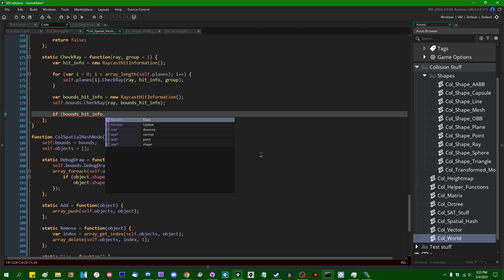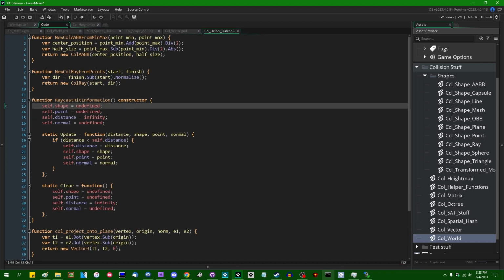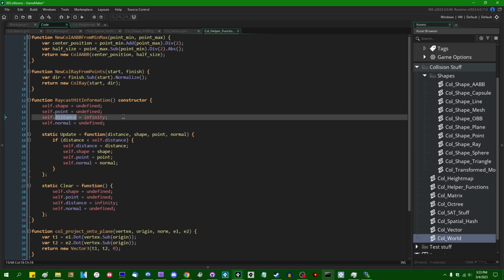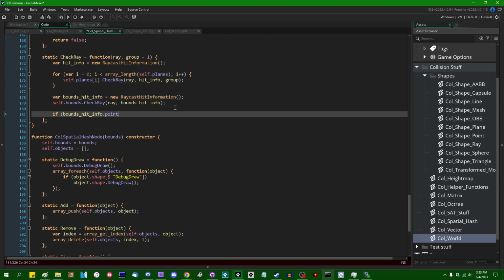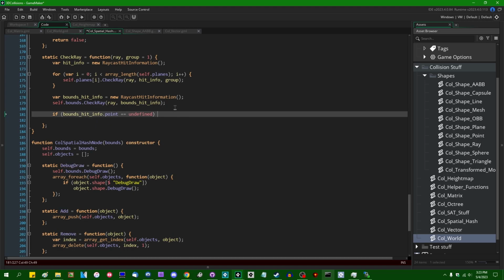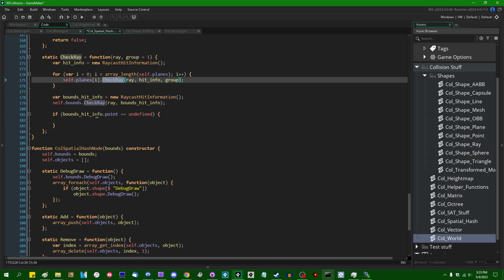I want to say it's a point. All the values in here should be initialized to undefined, correct? So if shape is undefined, or point is undefined, or distance is infinity, I'm just going to say if bounds hit info.point equals undefined, that means that we do not pass through the spatial hash. If we don't pass through the spatial hash, we can just return the results from checking the ray against the